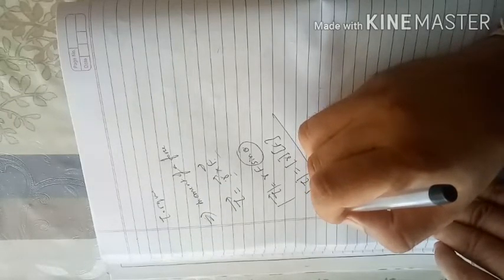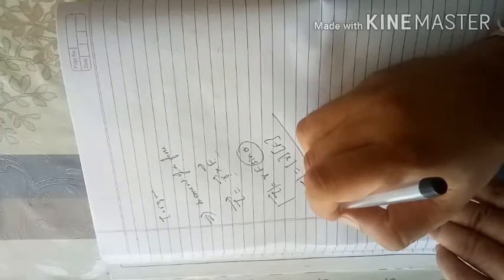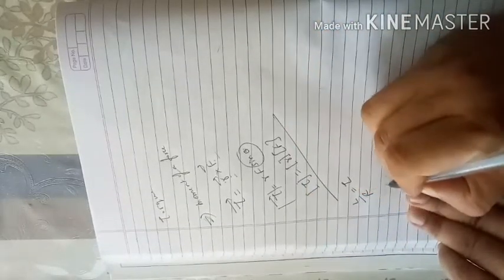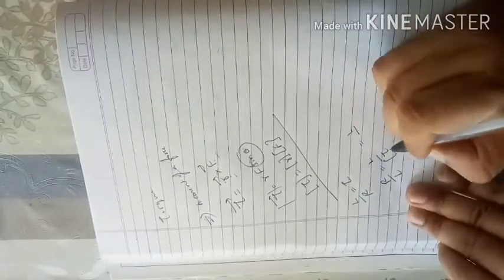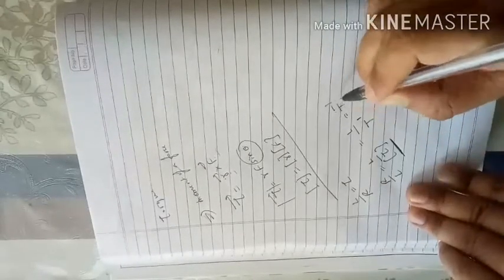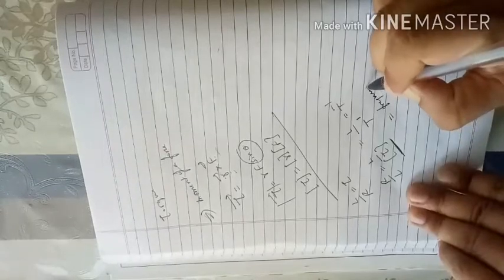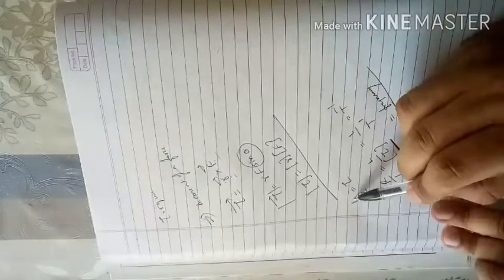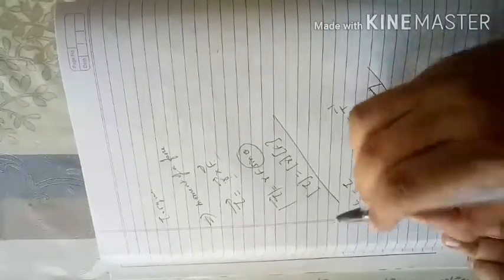Resistance by L, where L is inductance. I just told you L by R is the time constant, so R by L will be 1 by time constant. The dimensional formula for time constant is T raised to 1, so it will be T raised to minus 1. That means it will be the dimensional formula for frequency. This is already discussed. If you want, you can separately find out for L and R and put it here. You can do it like that also.